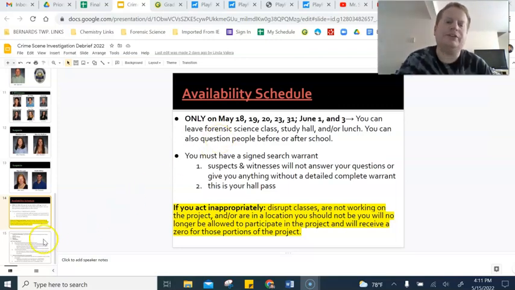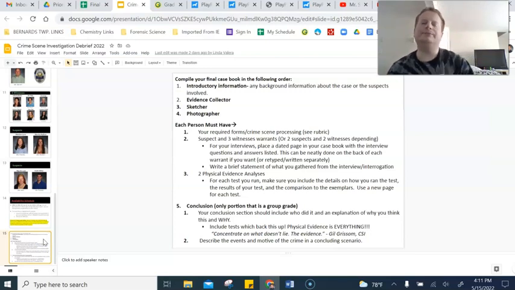Okay, so then just a reminder as well of the duties. If you're in a 3-person group, then like we said, each person will need to talk to 3 witnesses and 1 suspect, and one of those people will actually have to talk to 2 suspects and 2 witnesses, because there's 4 suspects and you need to get through all 4. But anyway, if you're in a 3-person group, 1 person is the evidence collector, and then another person